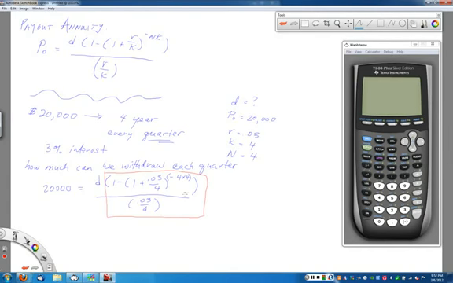All right, we can enter this very carefully and conscientiously with our parentheses, and plug that whole thing in on our graphing calculator. So let's clear our screen and look at what happens. We start with the parentheses on top there, 1 minus, and then introduce a second set of parentheses. Then it's going to be 1 plus 0.03 divided by 4. Close the parentheses, and now I want to raise this to a power. So use the caret button, and then use the parentheses to make sure everything gets in the exponent, to the negative 4